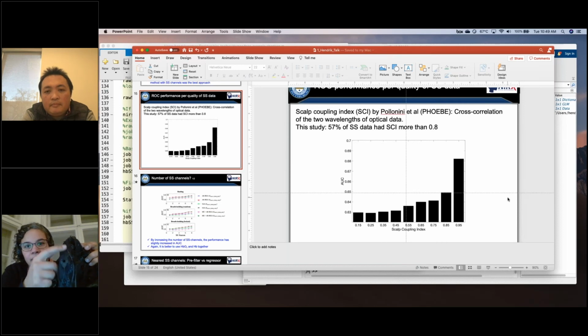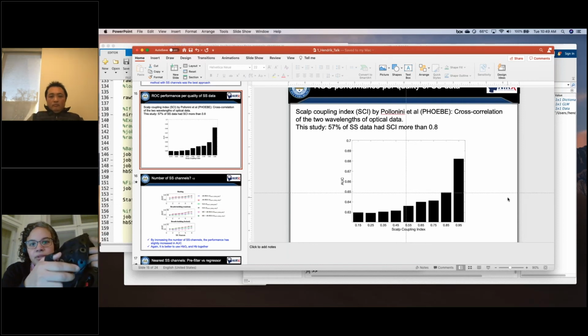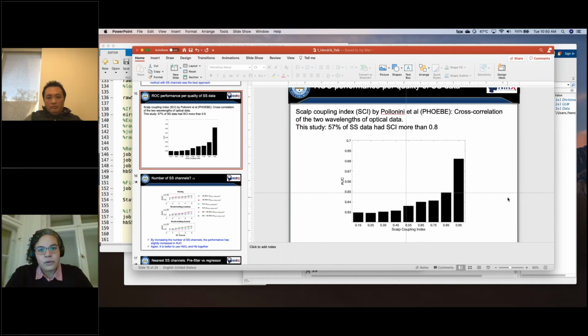Usually, one good idea is to get the cable management inside of the cap, so you don't have the cable of the short channel going into a source, for example, or blocking a detector. So having good cable management in the inside part of the cap is a good idea. And of course, managing the hair out of the short channel is another one. Combining both of these measures with very good coupling and adjusting the cap really well to the size of the head is also a good solution. But I don't know if you have any other tips, anything that you did that helped.